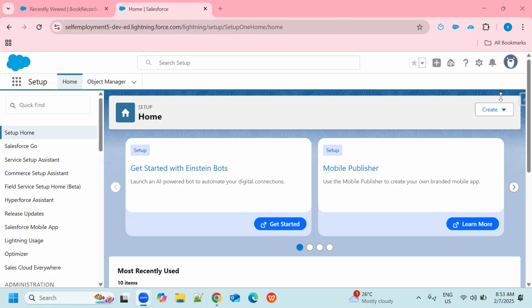Today I am going to discuss how we can add a global action in the record page of another object. Means we will create a global action for one object and we can use that action in another object. Right? Global means we can use it everywhere, so these are designed to trigger actions that are not tied to a specific object.